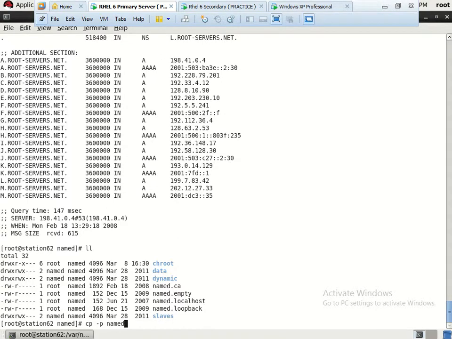We need to copy this file, named.localhost, to forward.example.com.